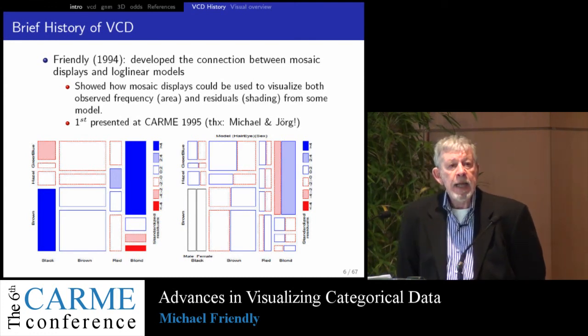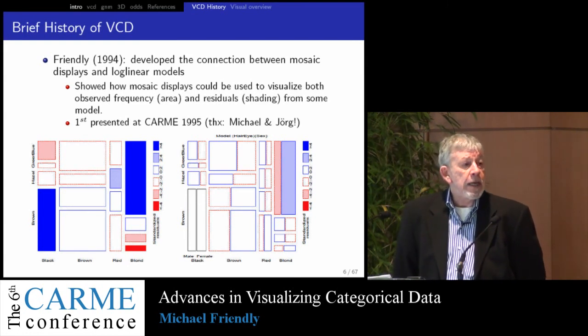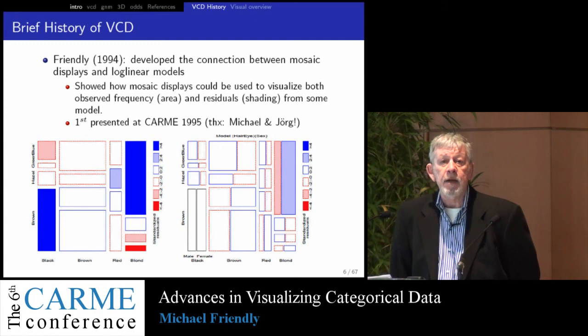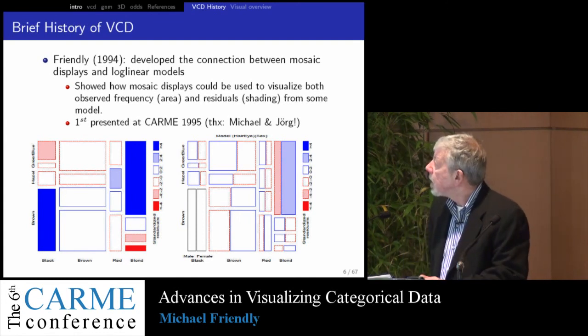And the second point is that the coloring, the shading of the cell, shows the residuals from a particular log linear model. That is, deviations from independence in the case of the,